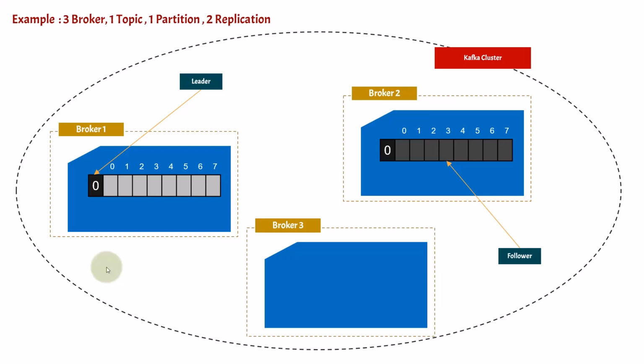We just want to understand the concept that whenever you push the data to the leader, then the data will be replicated to the follower. And since we are having replication 2, that's why for this partition 0, we have one as leader and the other is called the follower. Now let's take the third example.